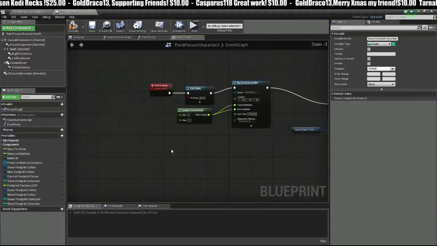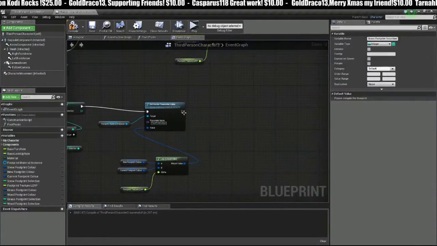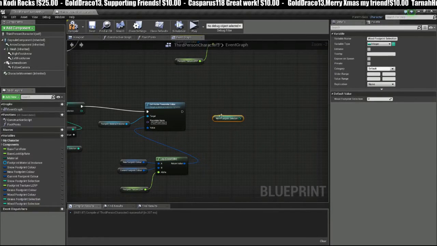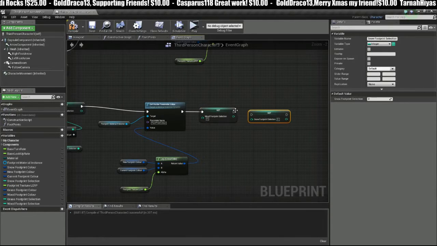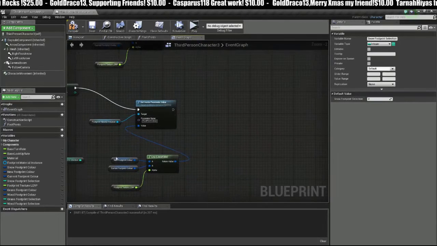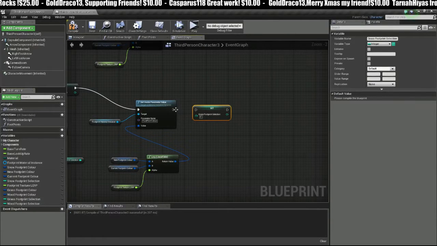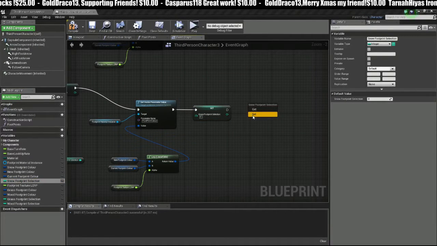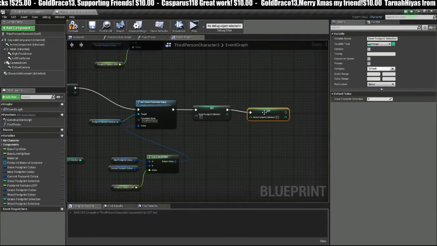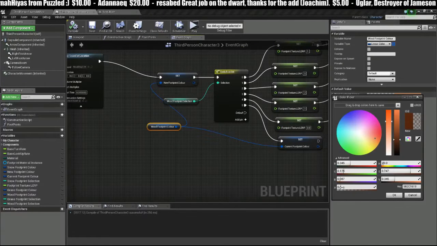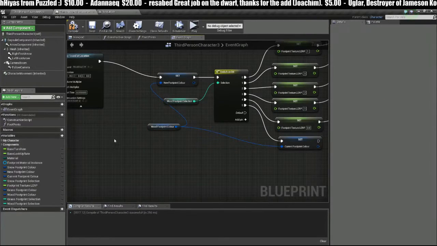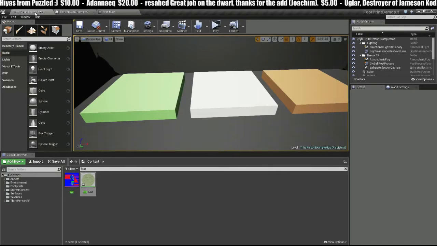Okay, so this one is grass, so everything but grass. And finally everything but wood. Okay, we just need to make sure we have our wood footprint color set up here at the correct alpha. Looks like I already had it set up, so that's fine. 0.1 is good. And we'll compile and save, and we just need to do one more thing, which is head